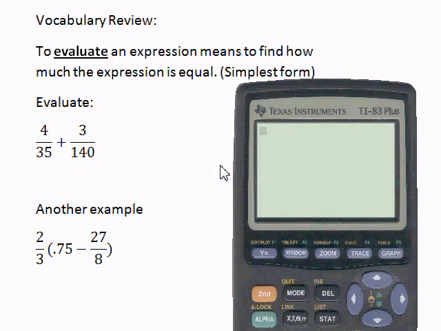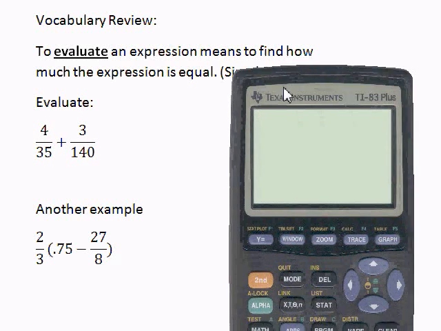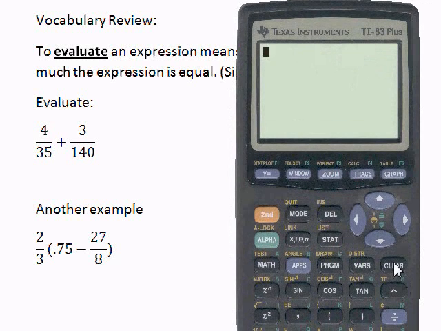Now we're going to evaluate some expressions that have fractions in them. As a review, to evaluate an expression means to find how much the expression is equal to, in its simplest form. So we're going to evaluate 4 over 35 plus 3 over 140. We get our calculator, turn it on, press clear to clear the home screen, and we type in parentheses 4 divided by 35